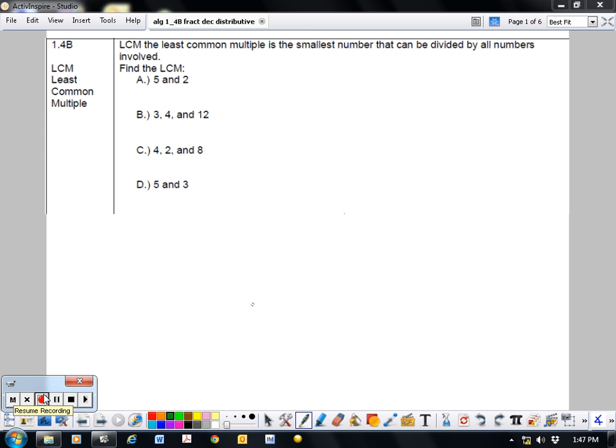Welcome back, Algebra Kids. We're going to go ahead and work on 1.4b, and we're going to start looking at fractions and decimals. 1.4b, we're breaking up into fractions and decimals, and then I'll have a second video for talking